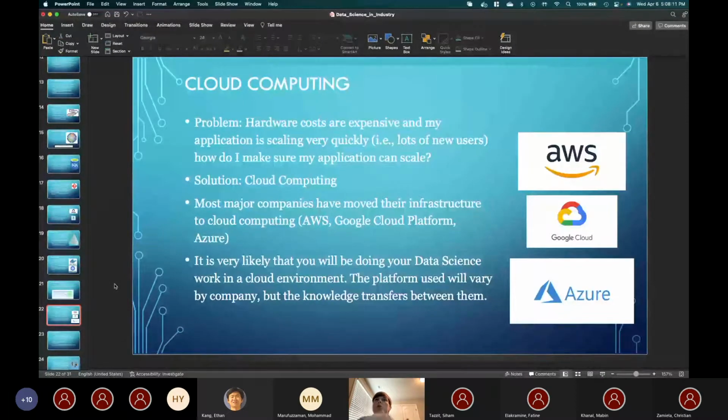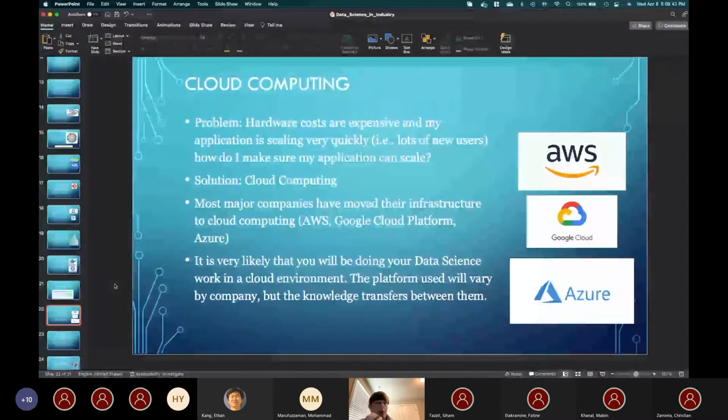Because we don't want to have to continue buying hardware that will just sit there. We would rather have something that we can turn on and off as we need to. And that ultimately is what cloud computing does. Essentially, with cloud computing, there is a virtually infinite amount of possible compute resources that we can leverage, and we can just turn them on and off for our application as we need them, instead of having to actually buy the hardware to support our infrastructure.